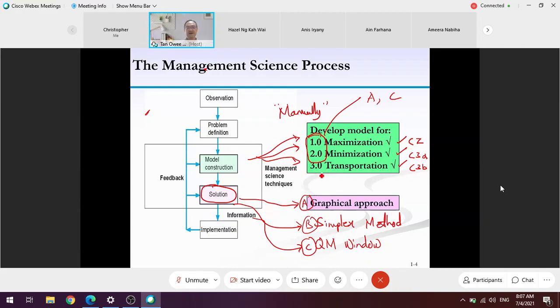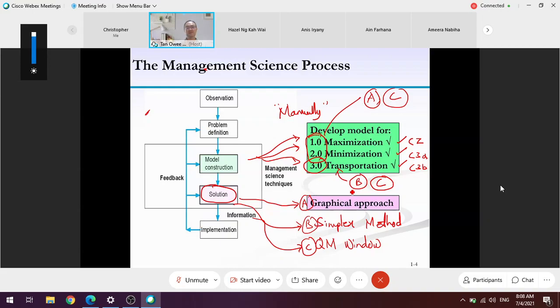However, for transportation, we're going to do it differently. For transportation, we can't use the graphical method. Why? You will know in maybe 5 minutes. In transportation, I'm going to share with you how to resolve linear programming using the simplex method and also QM for Windows. The simplex method we're going to discuss based on schedule, and it's a week before our semester break.